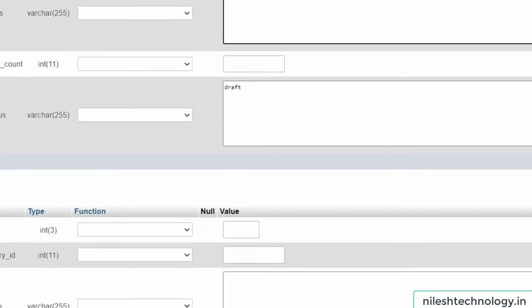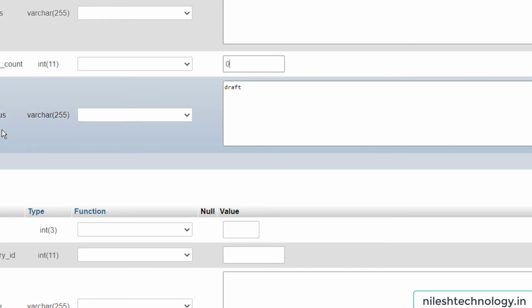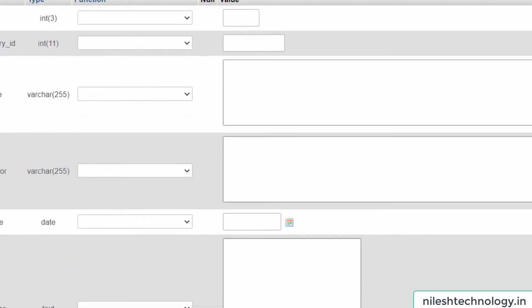Okay, so for example your comment count is 0, and the default status is draft. We will also insert the second record. So your post id for the second is 2.